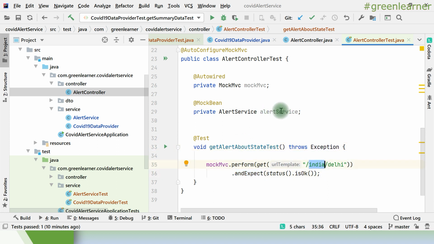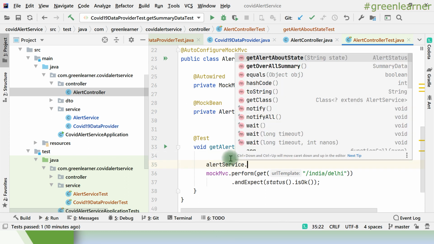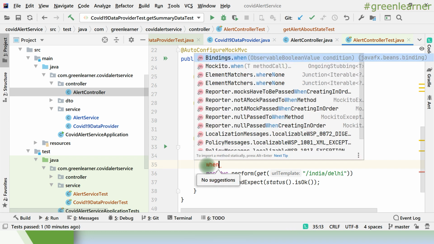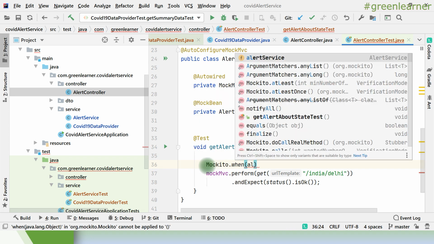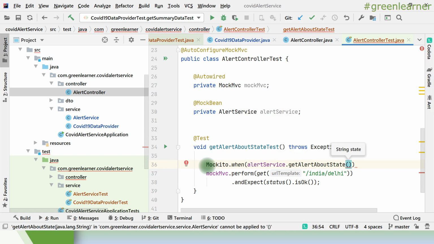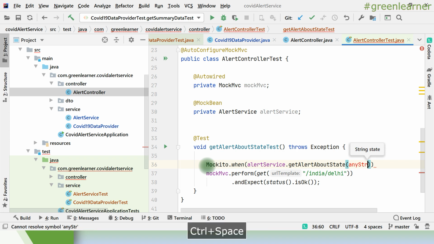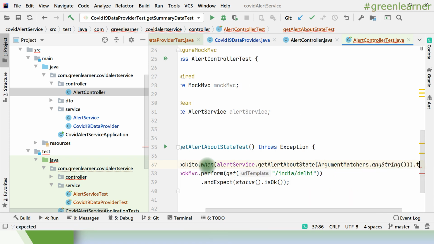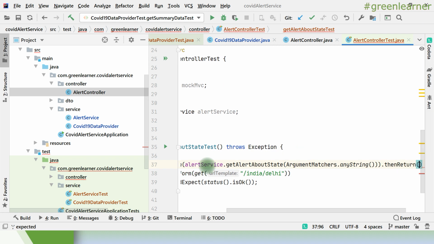And I also have to mock this, as we were doing in the unit test. So alertService.getAlertAboutState, I can pass any string here, then return.